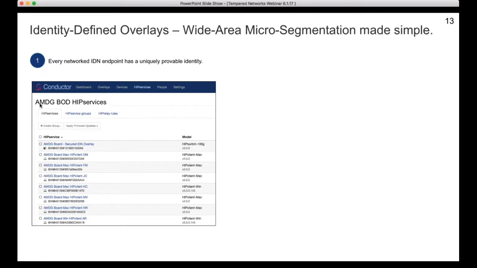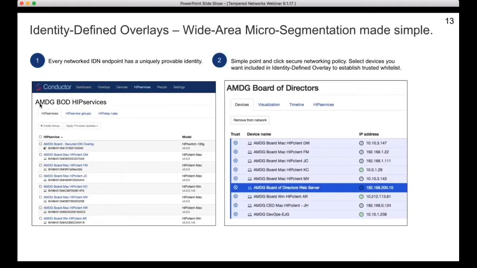But it has access to nothing until you explicitly define what group of things or individual thing it has access to. In this case, I've got my board of directors clients and the web server, and I simply select the web server and the radio buttons associated with all of these protected endpoints,